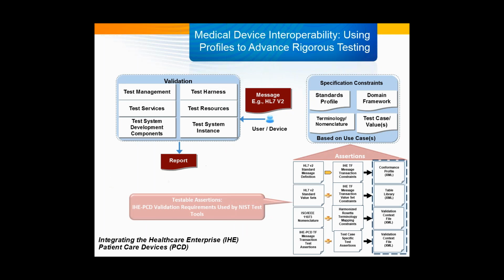So now I'd like to give you a little more specific about how we actually get at building some of the tools and what the tools provide. Shown here are ways that we get at rigorous testing. In the bottom right-hand corner are how we get what we call validation requirements, or testable assertions. And the testable assertions are all in software code, in particular formatted files, which is XML, but we derive those